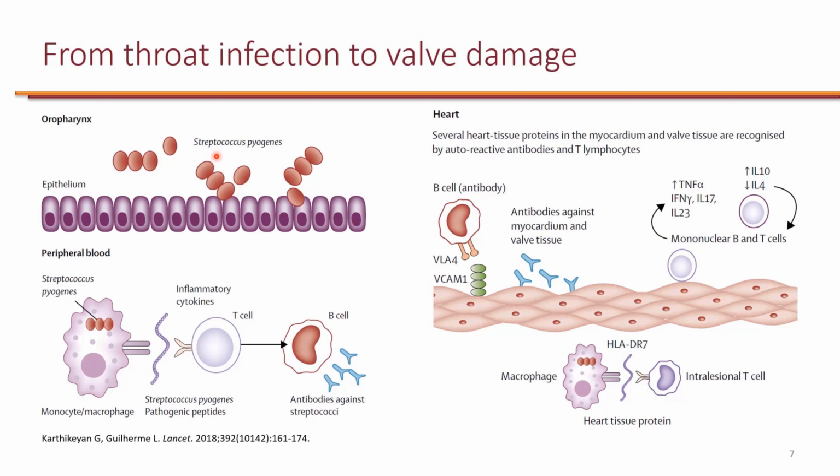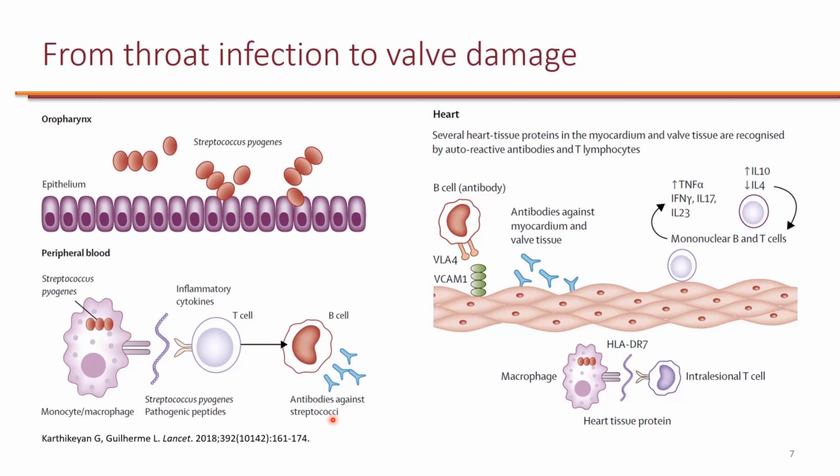When pharyngitis is due to Streptococcus pyogenes, because viruses can also cause pharyngitis, Streptococcus pyogenes can penetrate the epithelial cells in the throat, and if they find their way into the blood, that's when the immune system will be activated. Specifically, macrophages will absorb these streptococci, and then as antigen presenting cells, they will break this down and, in collaboration with the T cells, present this to the B lymphocytes, which in turn will make antibodies